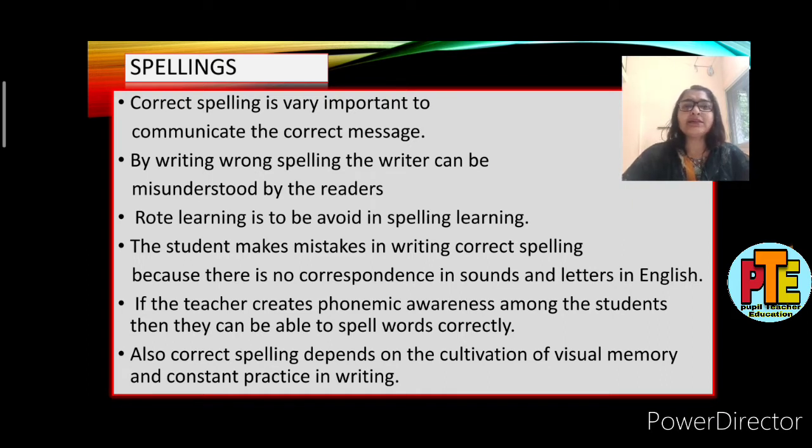Poor spelling can create confusion in meaning and also leads to a loss of clarity in your written expression. Also, the writer can be misunderstood by the reader. Wrong spelling gives the reader a bad impression about the writer. If the spelling is wrong, the reader will notice this before anything else, because spelling errors are noticeable immediately as you see the words. While correcting exam papers, the teacher, especially a language teacher, makes a circle around the wrong spelling with a red pen.